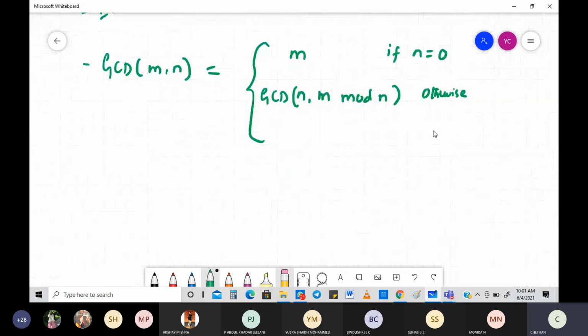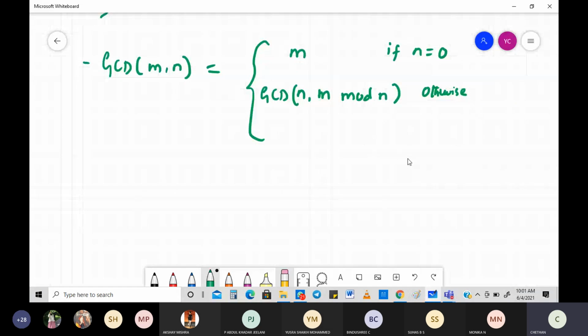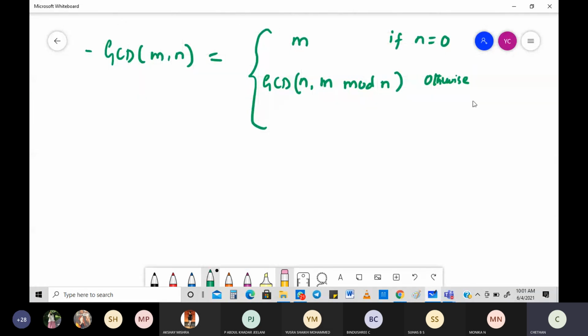People should not believe just by looking at this. You should question how it is all done. We are going to take an example. This example will help you get the GCD and also show very clearly how in each and every step the value is decreasing, and this decrease is varying. That's very important. It is varying.